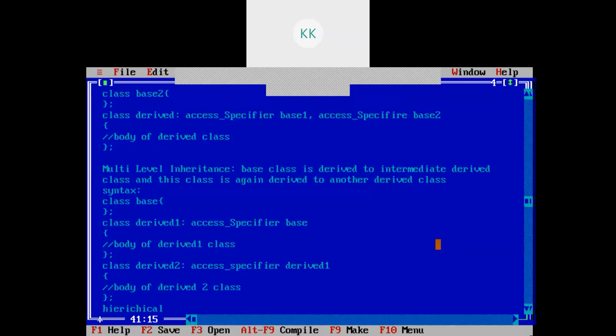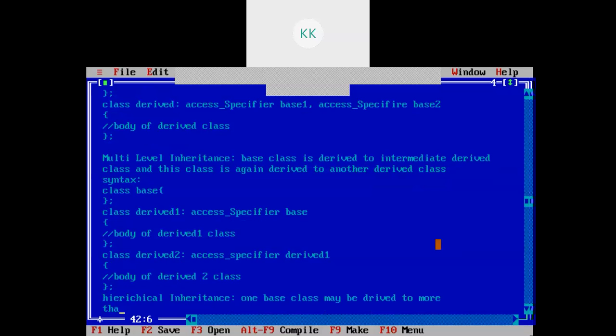In hierarchical inheritance, one base class may be derived to more than one derived class, right?